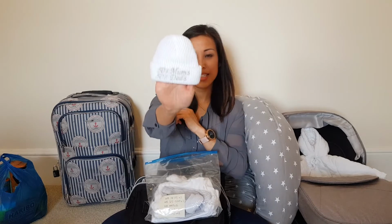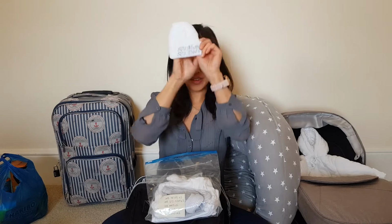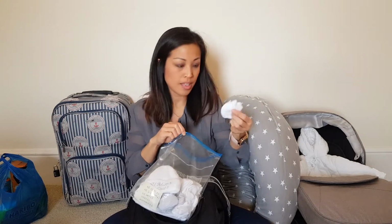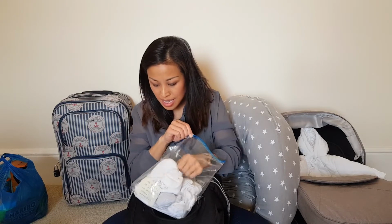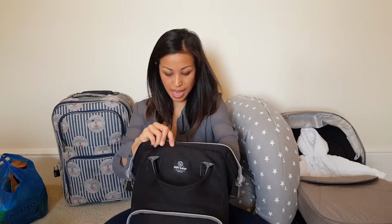This hat is so cute, which says 50% mum and 50% dad. So it's got baby's hat, we've got little mitts, scratch mitts, and I know a lot of people say that scratch mitts always fall off, but I thought I'd take it just in case. Then we've got short sleeve bodysuit. Then in our other bags we have